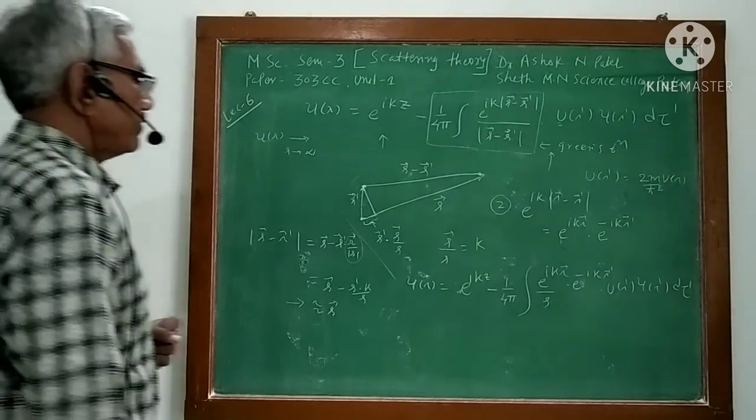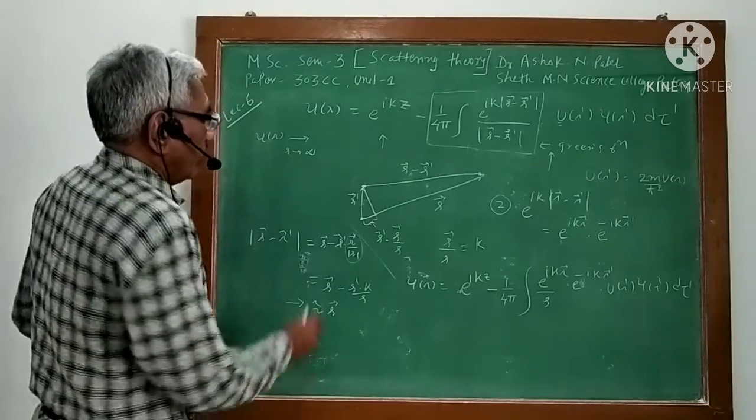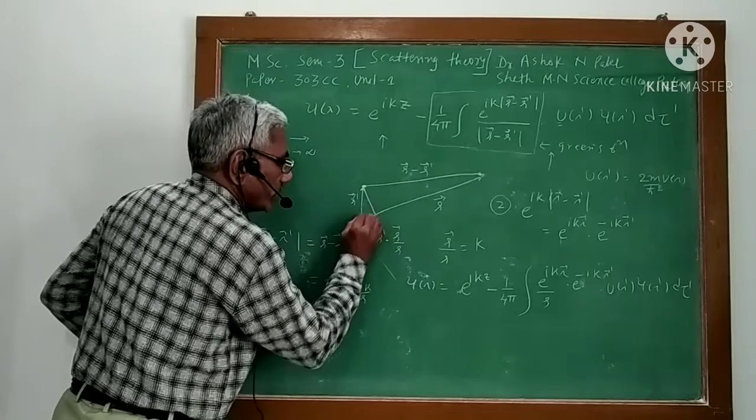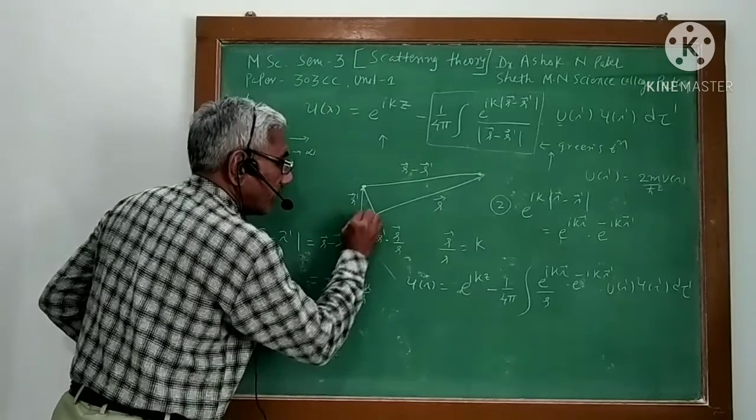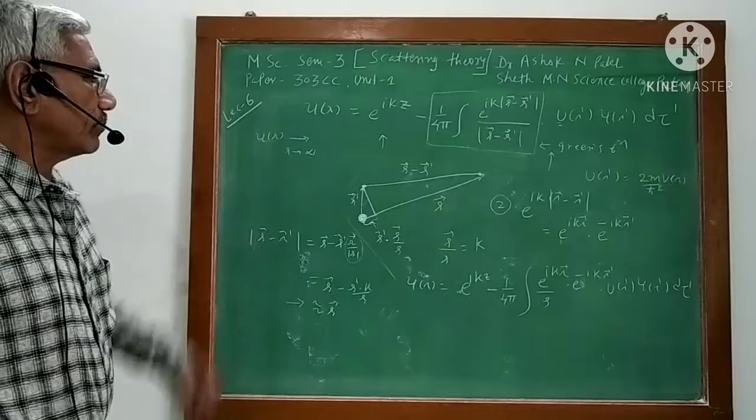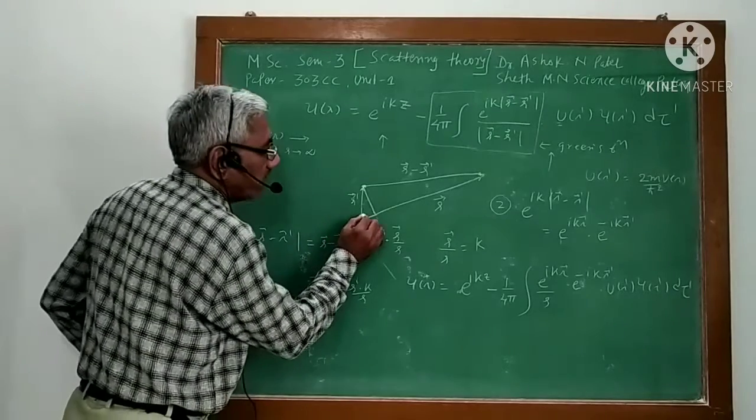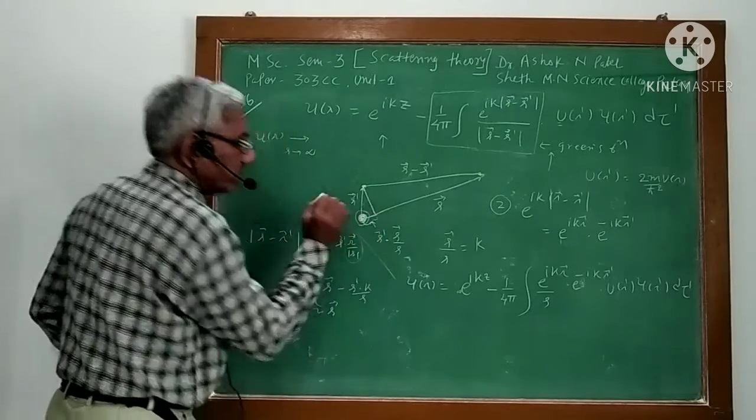But one thing is that now this is our point of origin, or you can say scattering point. This is our scattering point, and if the scattering particle is at the origin,